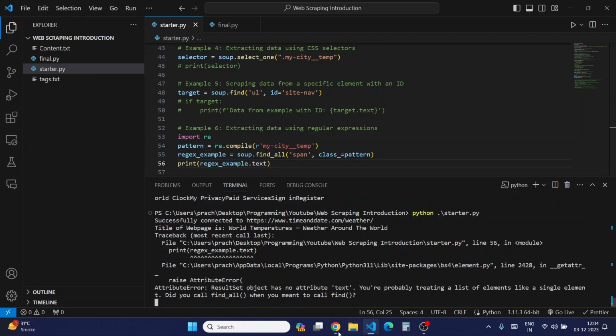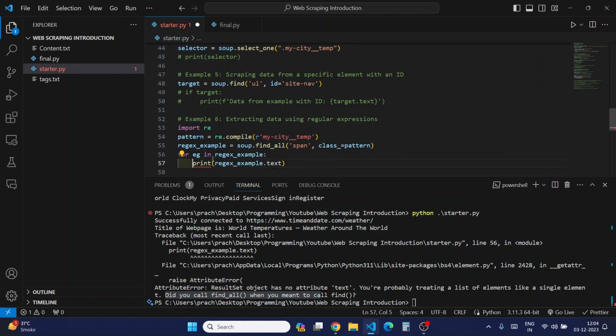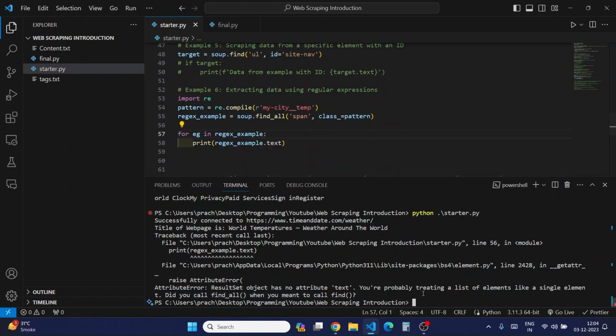If I run this code again, find all returns a list, so you'll have to iterate for all the examples. If we just use find, it will give me one element, but if I use find all, it will by default give me a list of elements. So I will iterate through this example, and if I run this again,